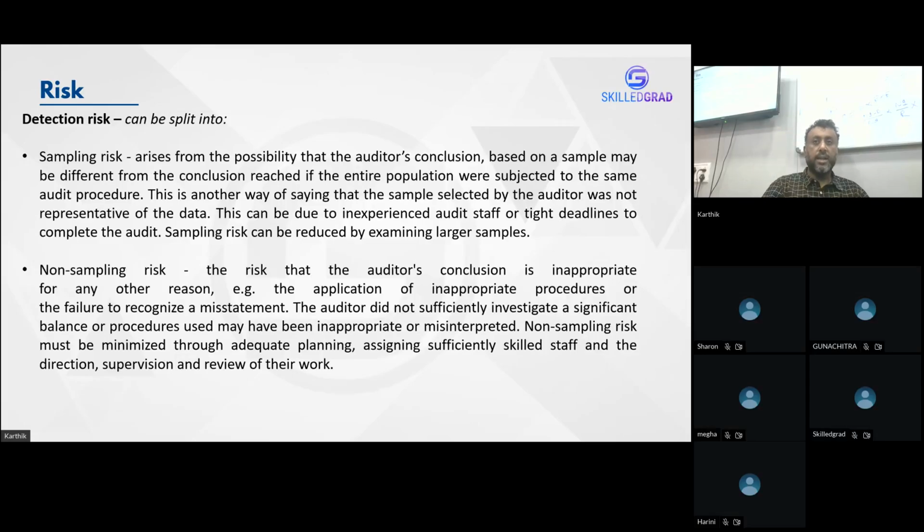That is known as non-sampling risk. The risk is not because of the samples you have taken. The risk is because of something else. That is known as non-sampling risk. For example, okay, now when the